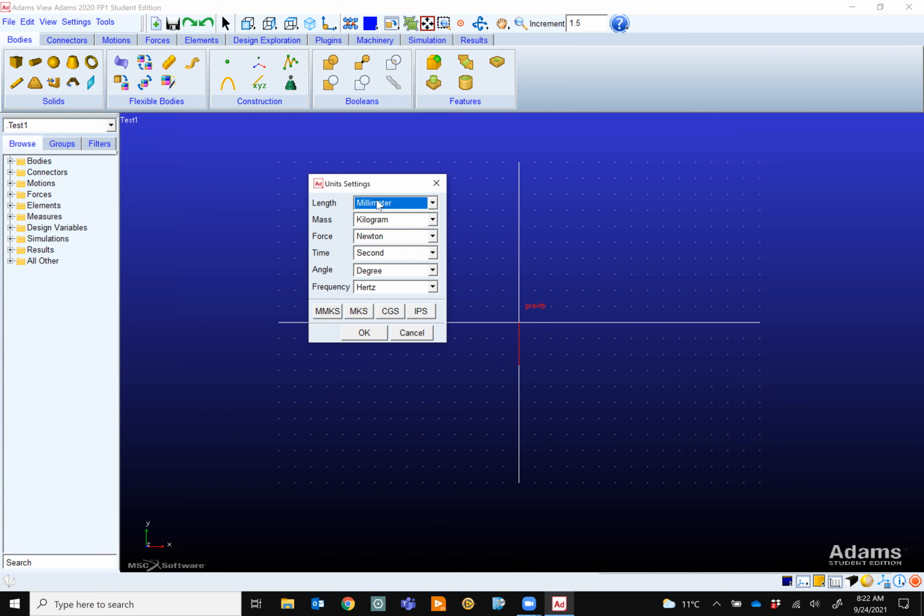Everything is going to stay the same, except when you run your model and then you plot a graph of, let's say, displacement. If you change from millimeter, it's going to be in meter. This is all it will do. You can change your unit several times while building your model. However, I suggest being consistent because you're going to soon forget that, oh, you changed the unit, right?